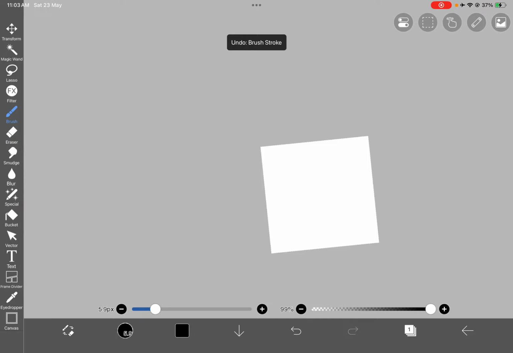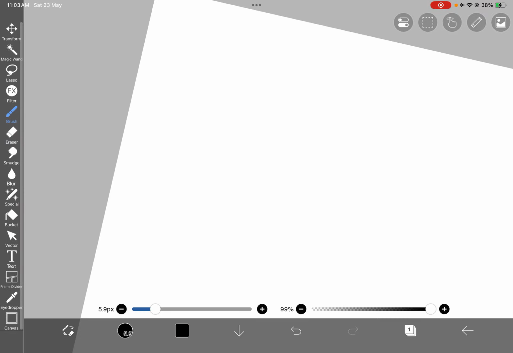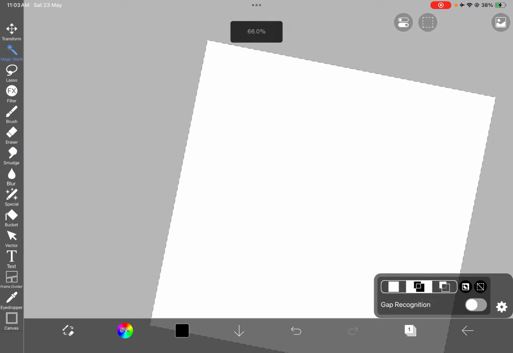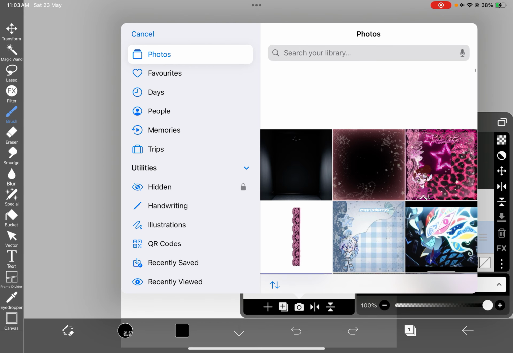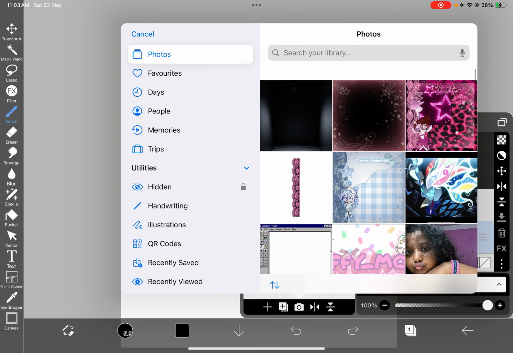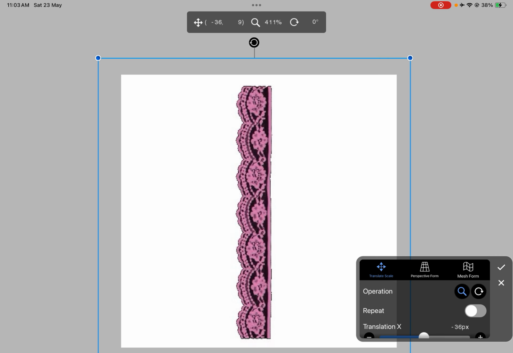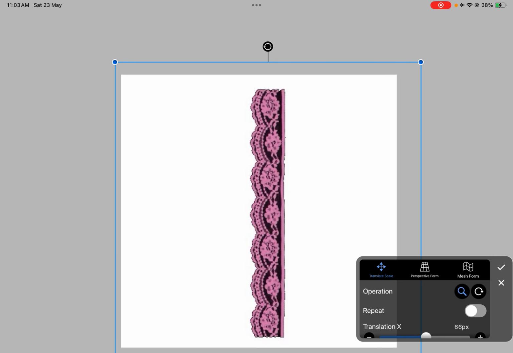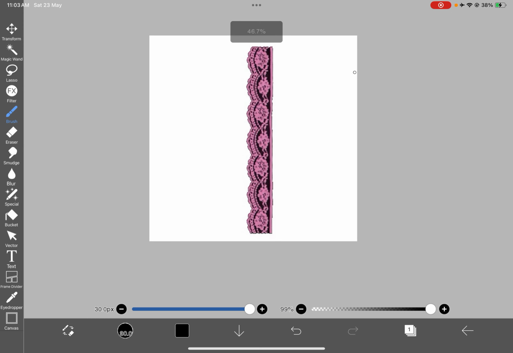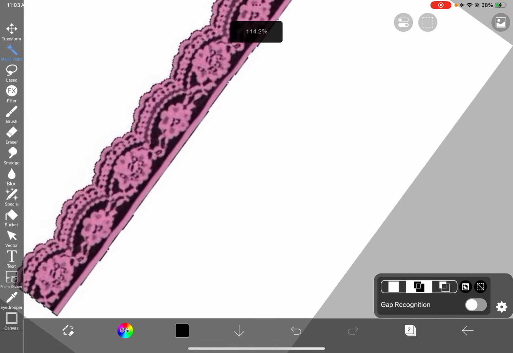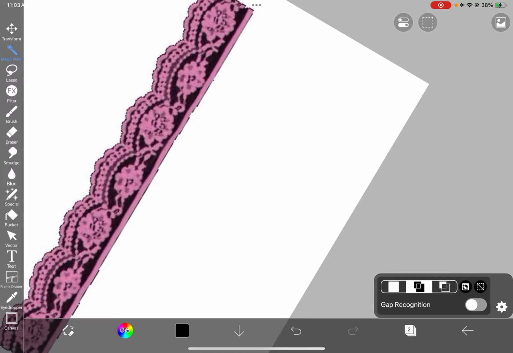Now the second part is the magic one. The magic one is basically, suppose I want to import a picture, so I basically just import. I'm gonna import this one. And then, as you can see, it has a white background, and I do not want that because I want my drawing in the below layer to be seen. So I'm going to take the magic one and then click outside the thing you want,